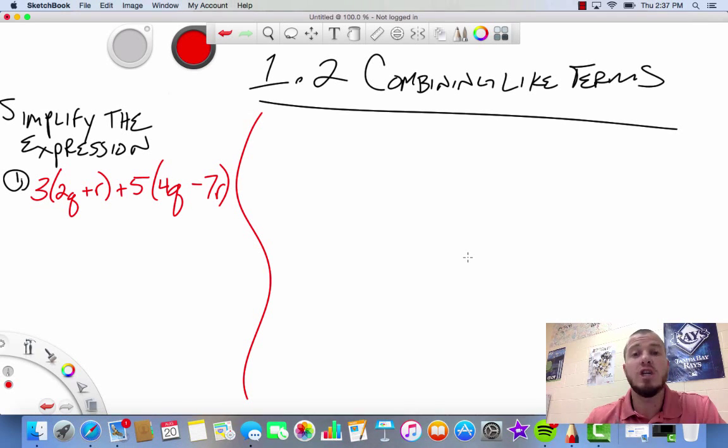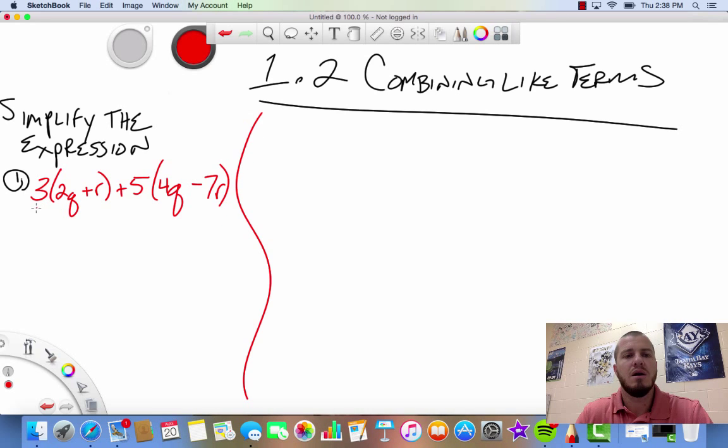So we're quickly going to do one example from 1.2. Basically, it's just combining like terms, and then we're going to move on to 1.3. So for this first question, we need to simplify the expression, and you notice there's two parentheses here. The first step, remember, is you're going to have to distribute